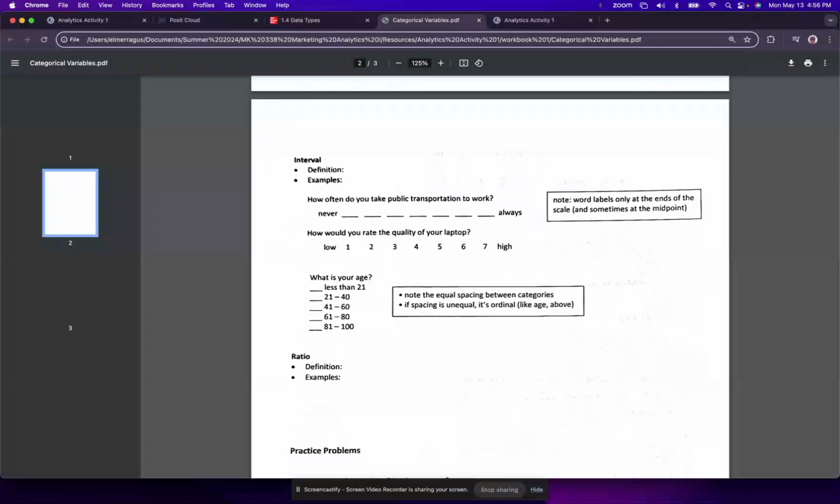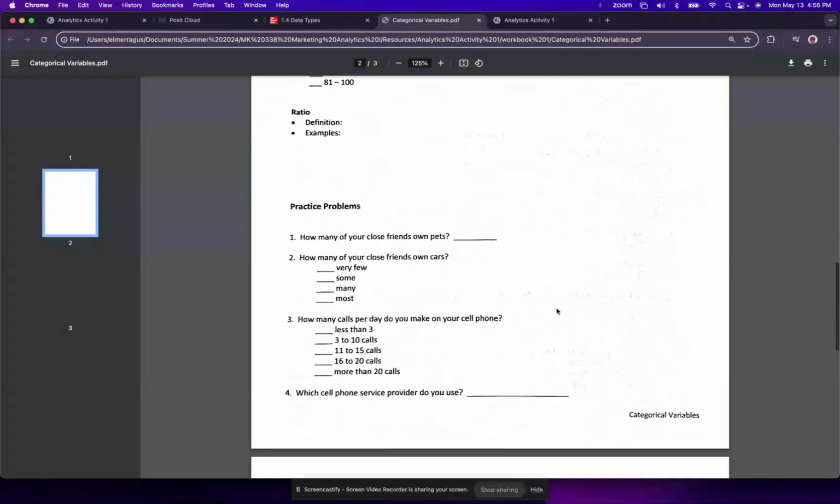So, those are the 4 different levels of measurement. And as I mentioned a few minutes ago, it's really important to be familiar with what kind of data you're dealing with, because that will help you determine the right statistical tool to use in a particular situation.